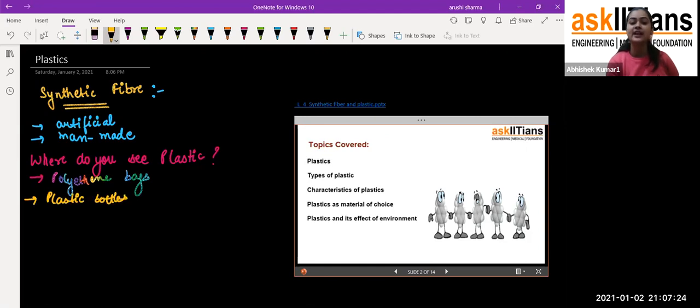Then what else we are having, many things which we are using in the case of plastic. Exactly, like if we start writing down the list, it will not be a list, it will be an endless list, because it has so many uses. Okay, so we know this thing. Plastic we are using here, plastic we are using there. Plastic comes in our use in that way or in this way.